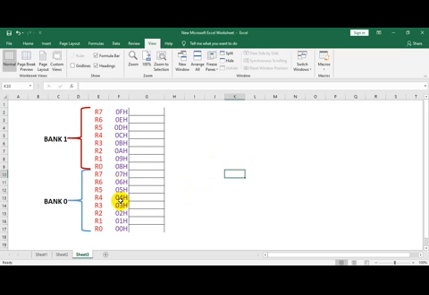Now we are supposed to copy the contents of R0 of bank 0 to the contents of R0 of bank 1. So address of R0 of bank 0 is 00H and address of R0 of bank 1 is 08H. It means contents of 00H should be copied to 08H. Similarly, the contents of register R1 of bank 0, that is 01H is the address, should be copied to register R1 of bank 1 and its address is 09H.